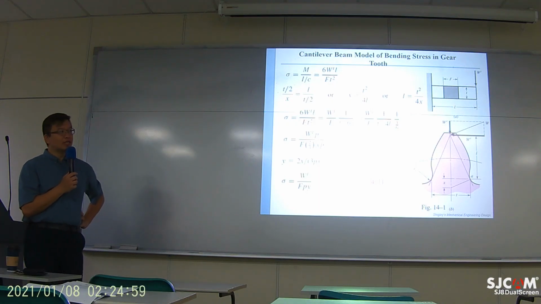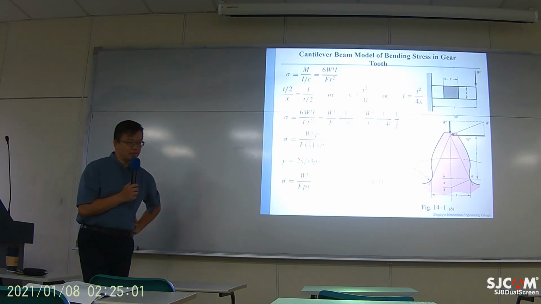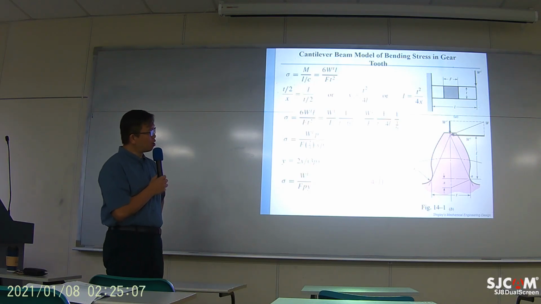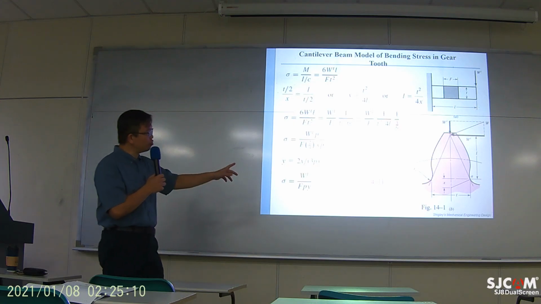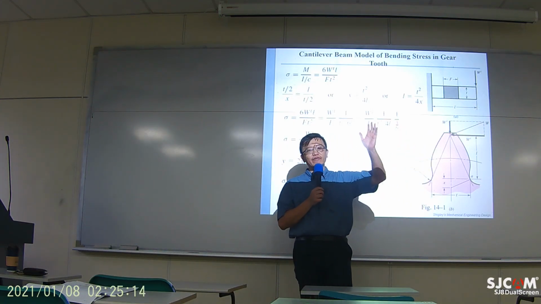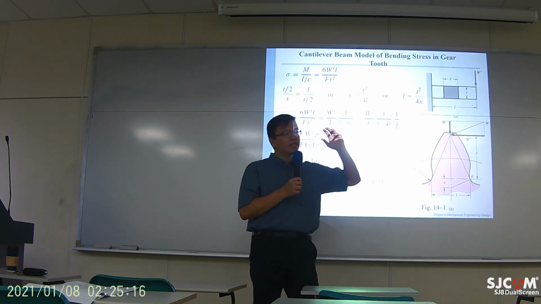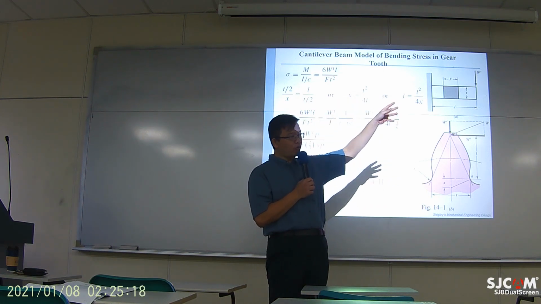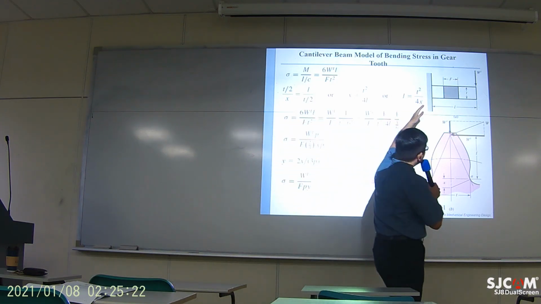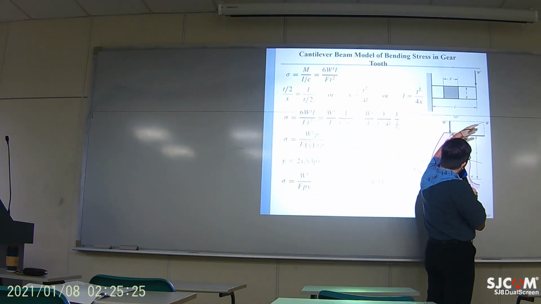Bending is one of the failure conditions for gears. Why is it happening? Because of the unique geometry of the tooth. It's like a cantilever, and the force coming from the other side of the gear comes down along